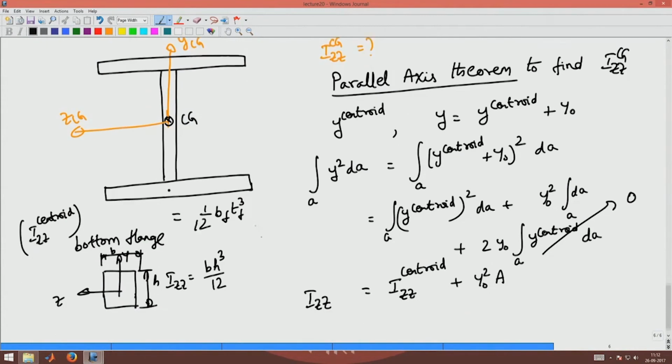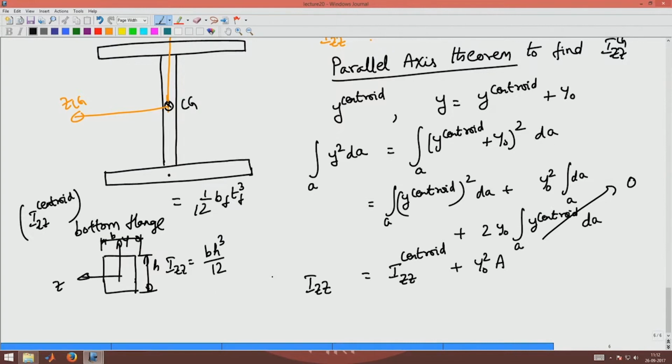So, from there I get IZZ of the bottom flange to be BF TF cube by 12, and now IZZ about the CG of the cross section for the bottom flange is BF TF cube by 12, that is about